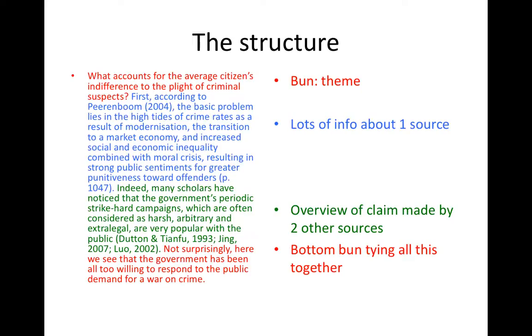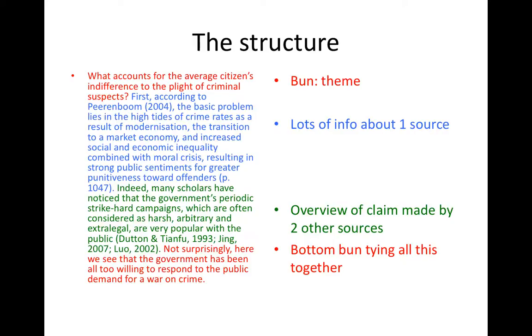Let's look at the structure. So notice we have a top bun and a bottom bun with this one. And notice how we can kind of tell that these are the buns in part because there's no citations in the buns. Because the bun is operating on a different level, right? The bun is holding everything together. So unless the entire paragraph is about one source, you're probably not going to have a citation